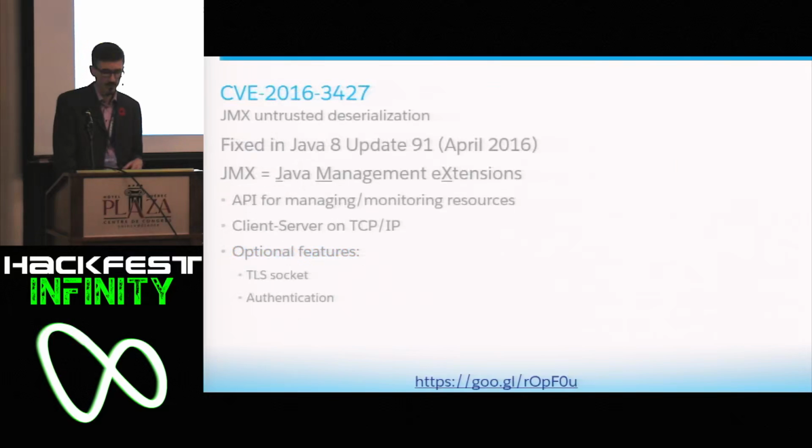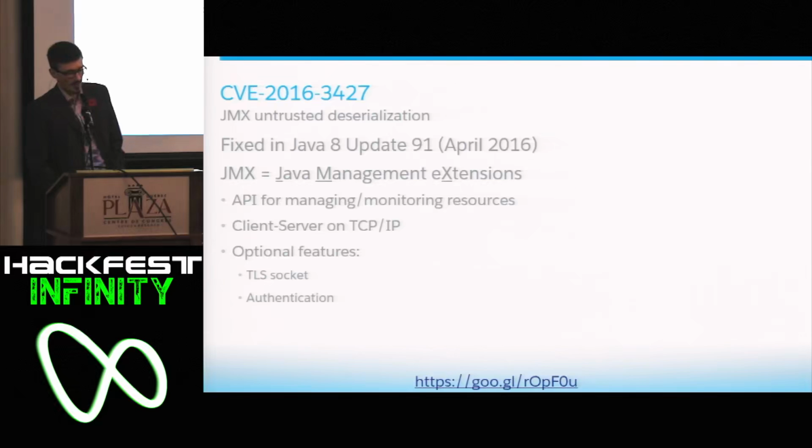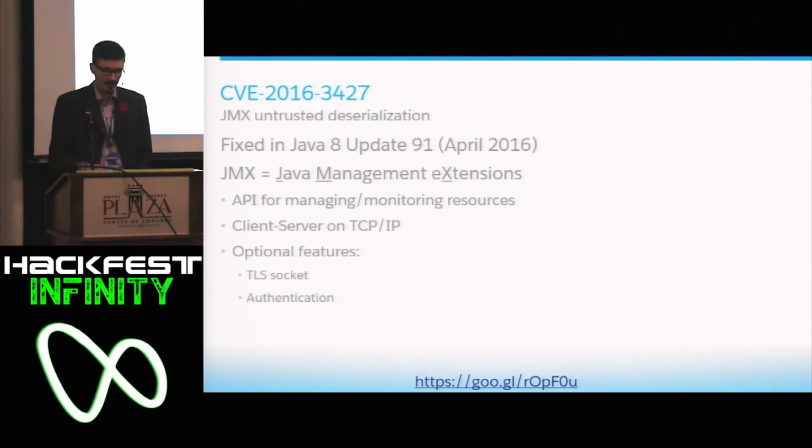So let's move to our second demo about an endpoint. I reported that to Oracle earlier this year, and it has been fixed for more than 6 months. And that's why I'm more comfortable presenting it today for the first time